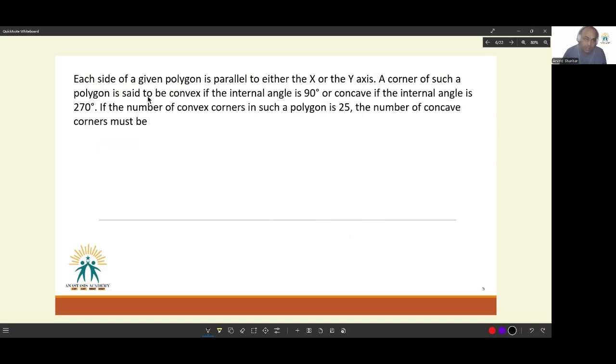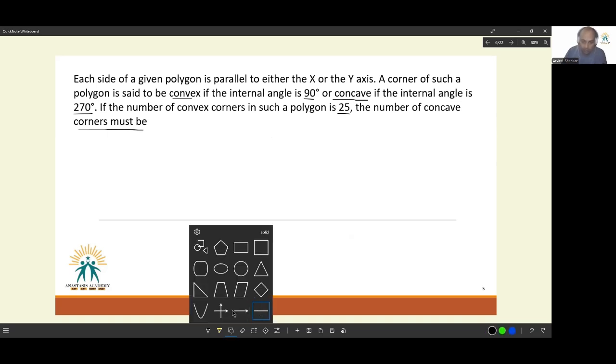Next, each side of a given polygon is parallel to either the x or the y-axis. The corner of such a polygon is said to be convex if the internal angle is 90 degrees, or concave if the internal angle is 270 degrees. If the number of convex corners in such a polygon is 25, find what the number of concave corners must be. Okay. Before we go into what needs to happen here,